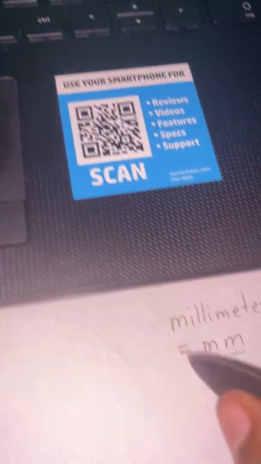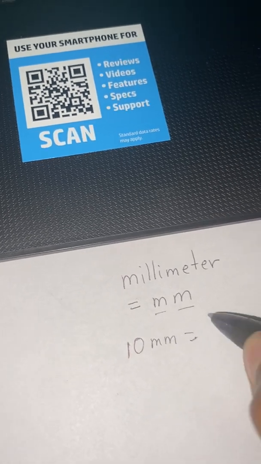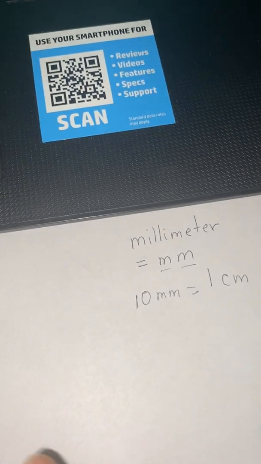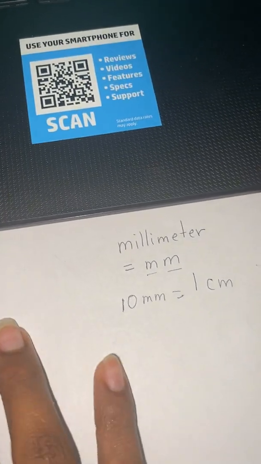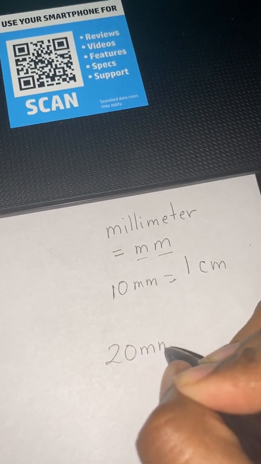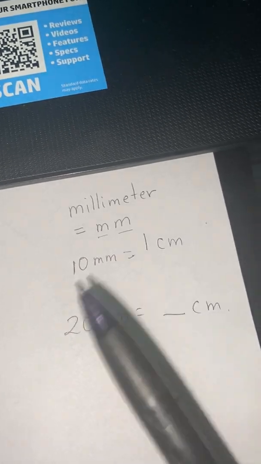1 centimeter. So that's how it is. So I'm going to write over here: 10 millimeters equals 1 centimeter. So what if I have something like this? How much is 20 millimeters in centimeters? Well, if 10